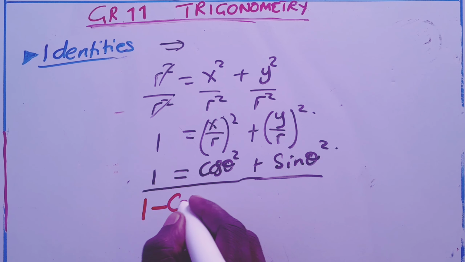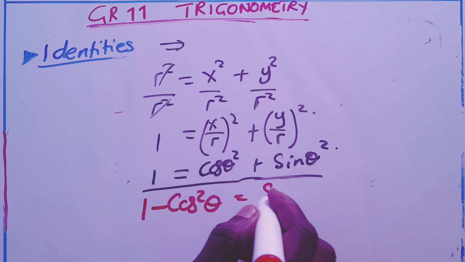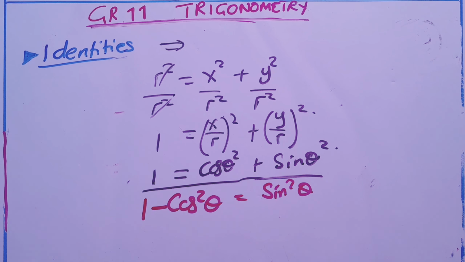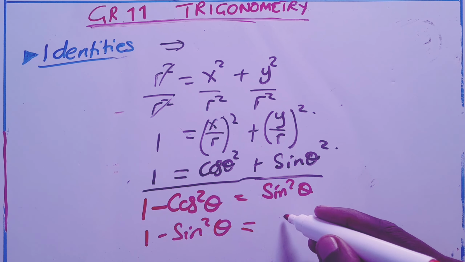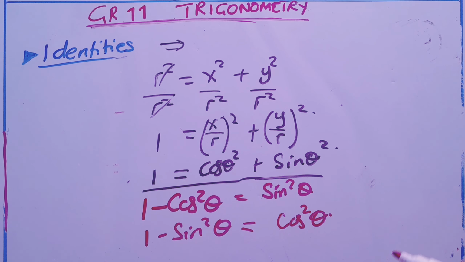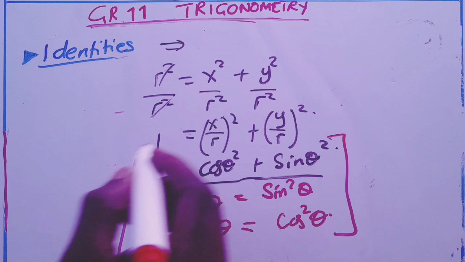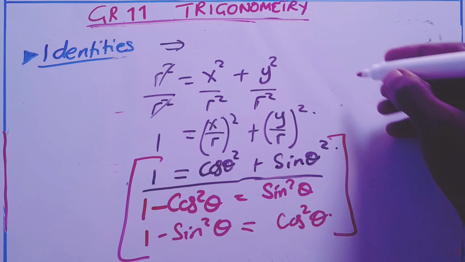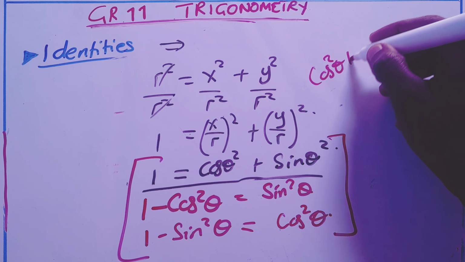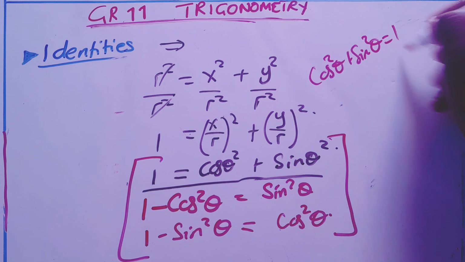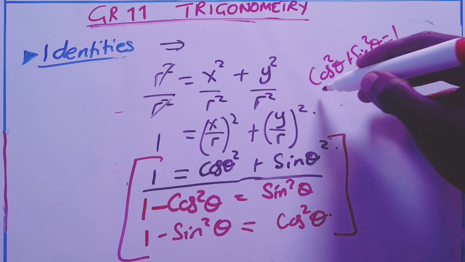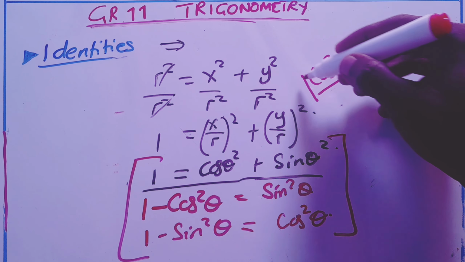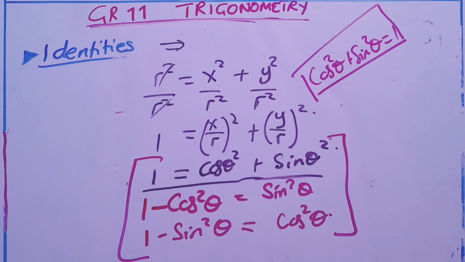So 1 minus cos squared theta is equal to sin squared theta, and also 1 minus sin squared theta is equal to cos squared theta. All these can be used and they all follow from one ratio, which says that cos squared theta plus sin squared theta is equal to 1. So these are the identities that we have so far, and the identities that we are going to deal with